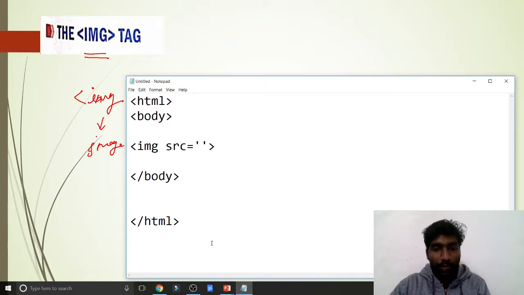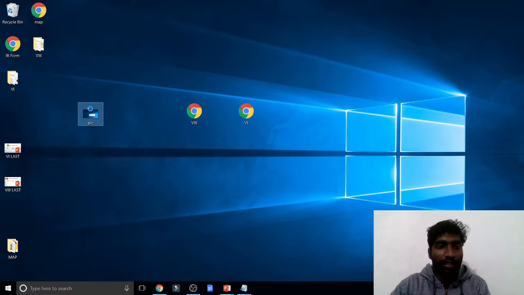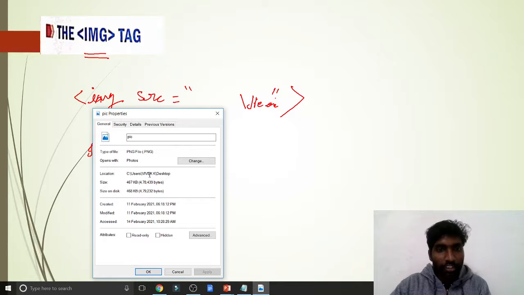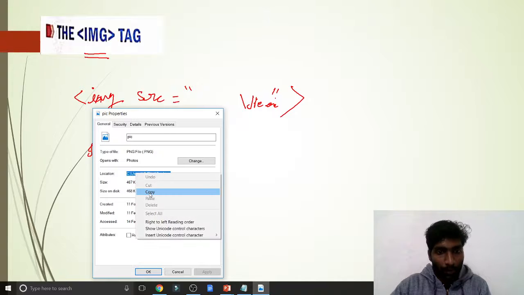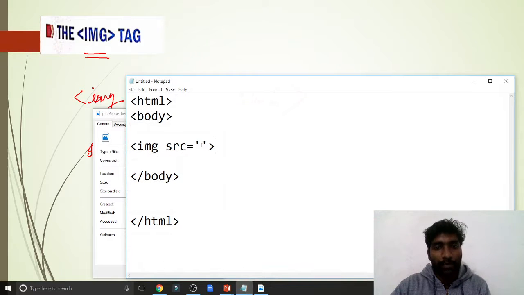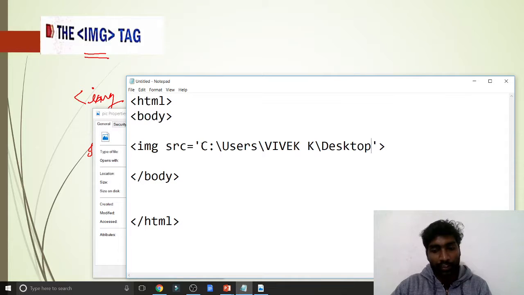Now see what we have to do. Go to the desktop. This picture I want to insert. Right click, go to properties. Here is the location. Copy it and paste it here. After that, one more slash, the same side slash.